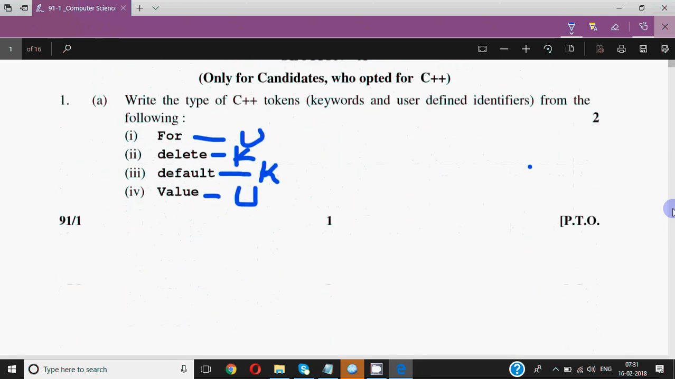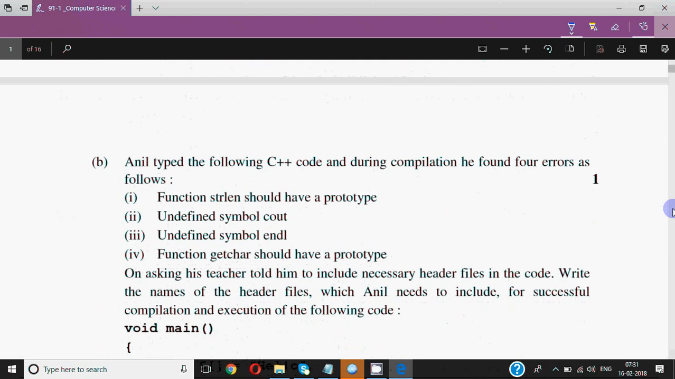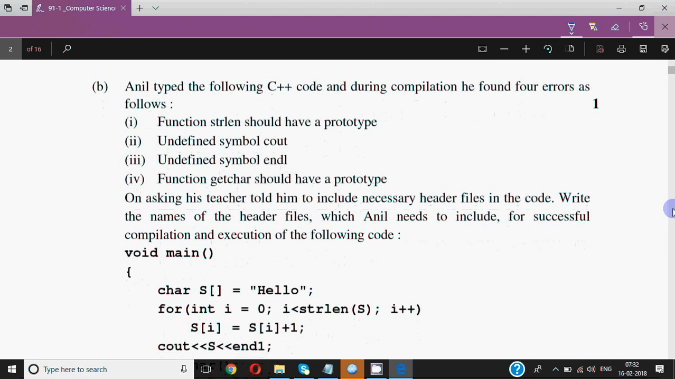So this question was from the basics of C++. Then comes a header file question for 1 mark. The question could be straightforward. It could be asked directly, like which header files you should include, but in this paper they have given it in the form of a case study. They say Anil typed the following C++ code, and during compilation he found 4 errors as follows. That is, function